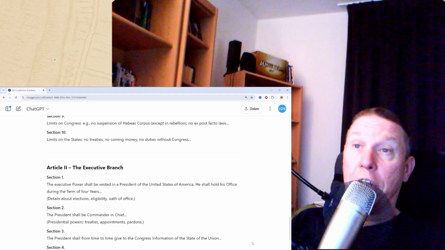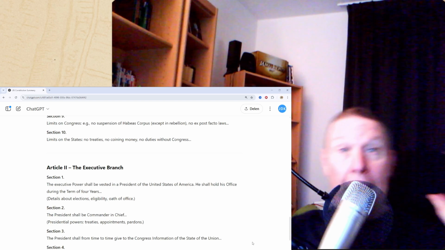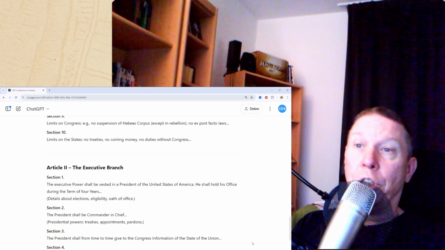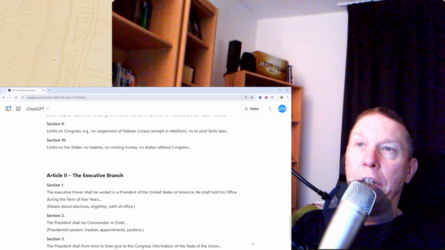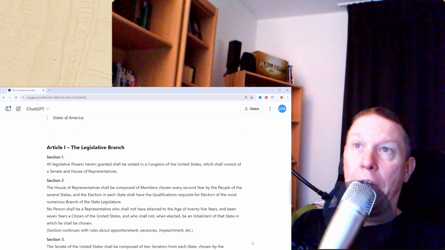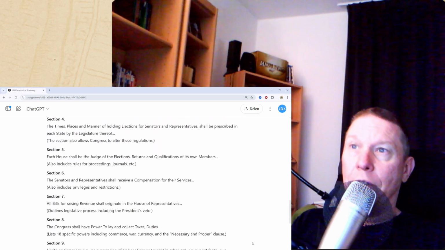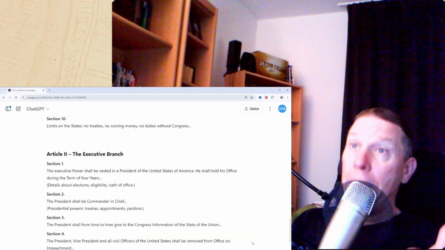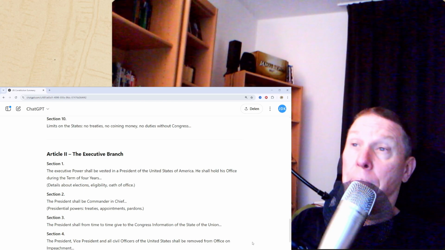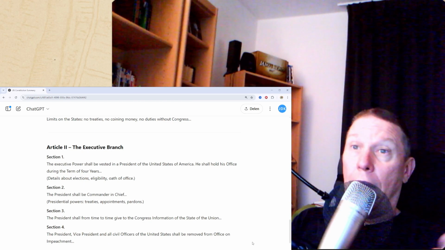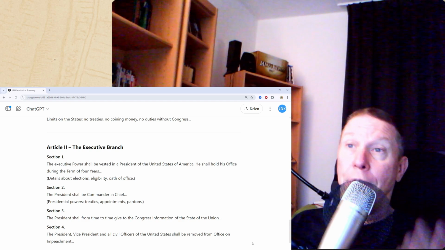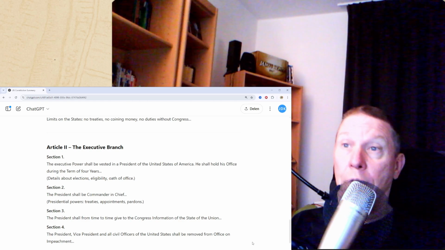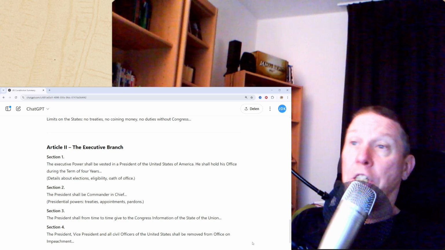There's a lot of discussion right now about Trump. Trump is doing things as the executive branch that should be done by the legislative branch, if I'm correct. So there's a lot of commotion going on about this, and if I read this, there should be a lot of commotion. And I see Section 4: the President, Vice President, and all civil officers of the United States shall be removed